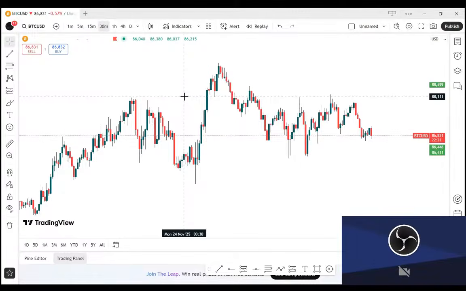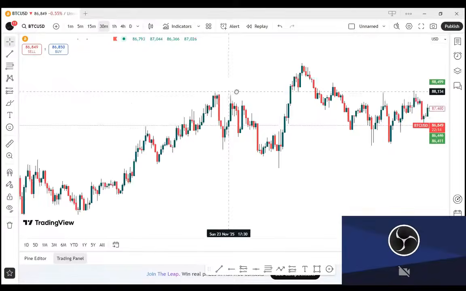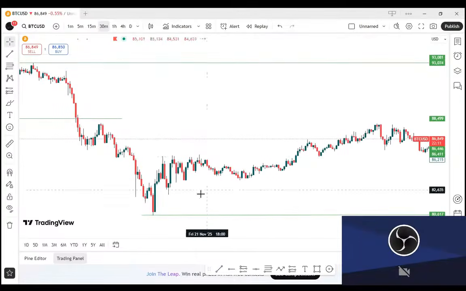I'm currently on BTC. You can see BTC 30 minutes time frame. We're going to look at the structures of the market, and then look at where the direction of the market is heading to. You can see from the structures here, I think I marked out this low, giving us,